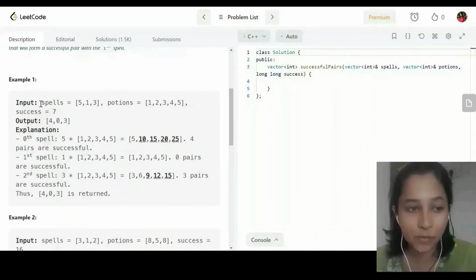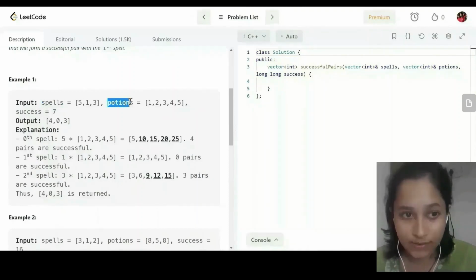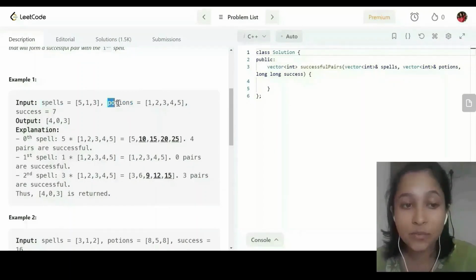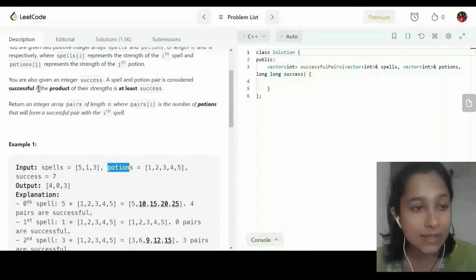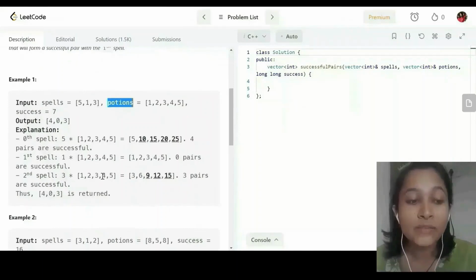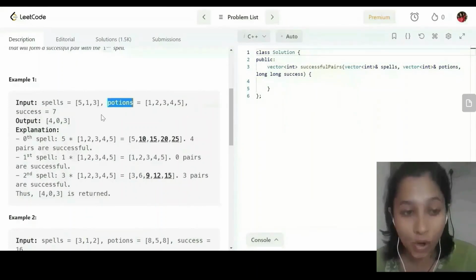So in the input we are given two arrays, spells and potions. We need to find whether the product of the spell and the potion, which is called the strength, is successful or not.